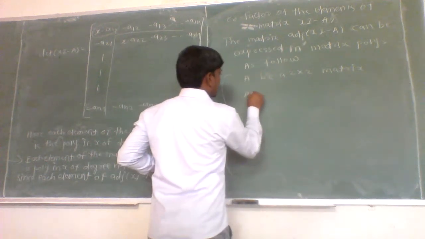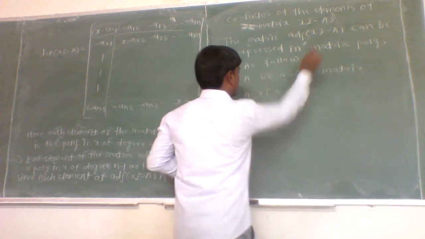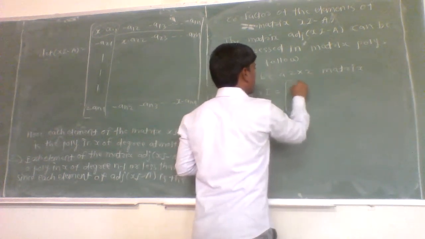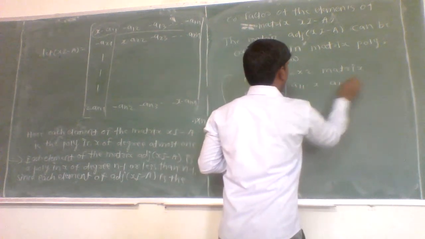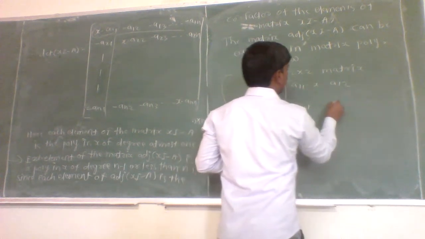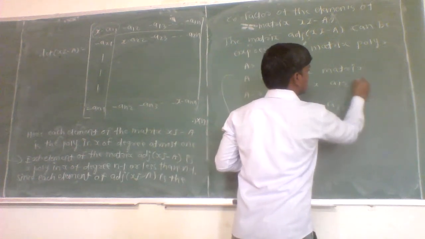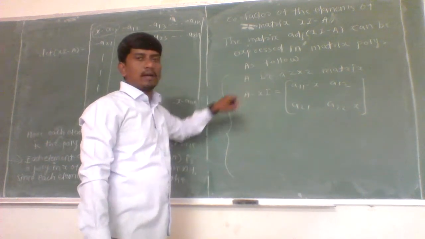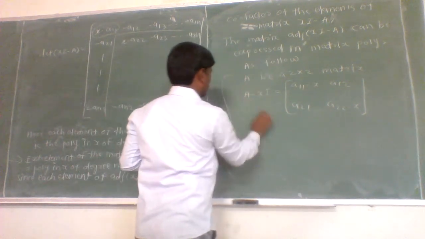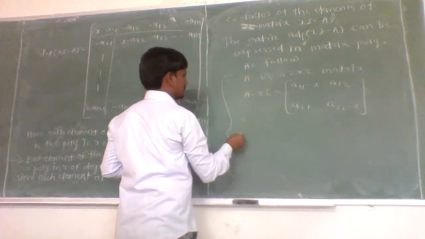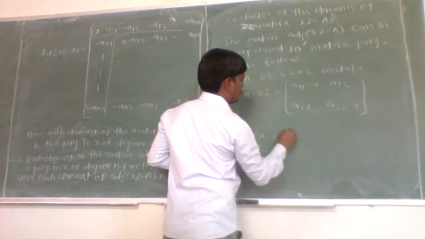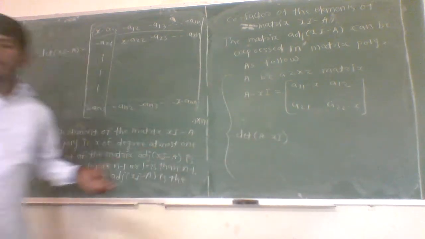As A is a 2 cross 2 matrix, then A minus xI, or xI minus A, is: A11 minus x, A12, A21, and A22 minus x. This is A minus xI. Now we have to take the determinant of A minus xI. If we take the determinant of